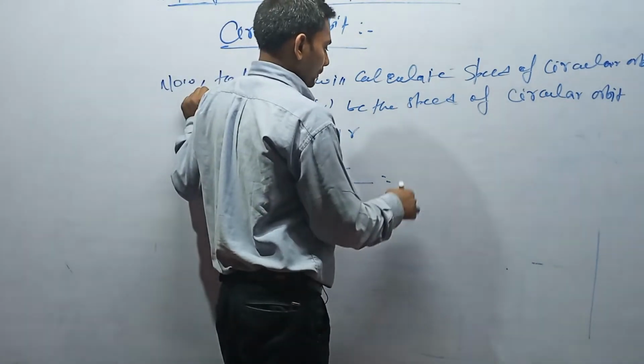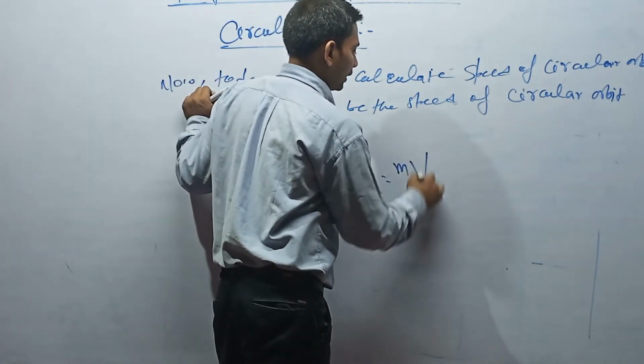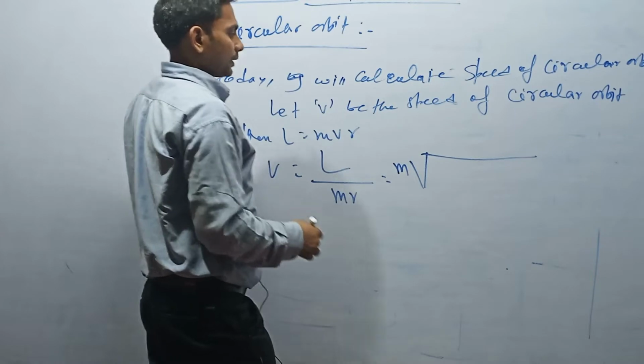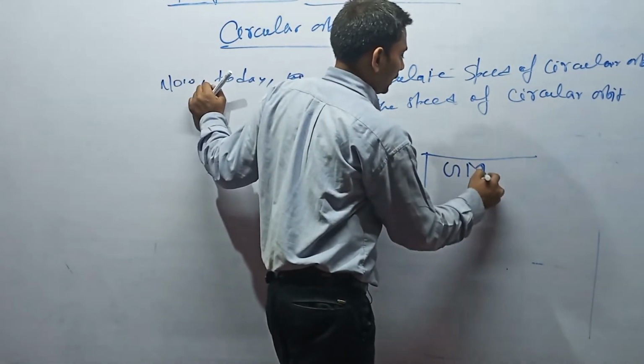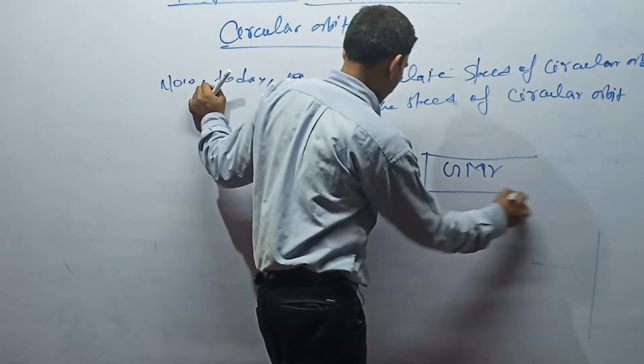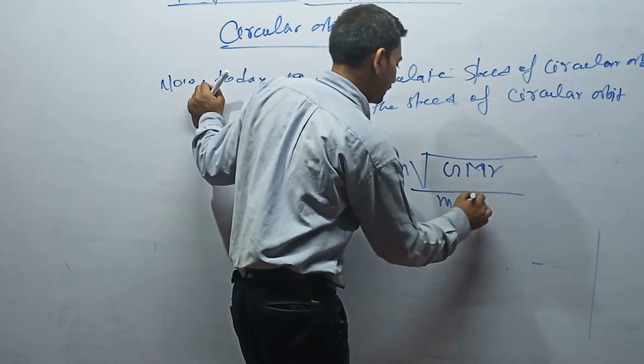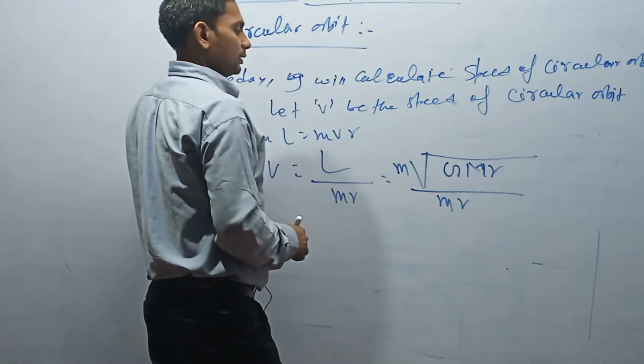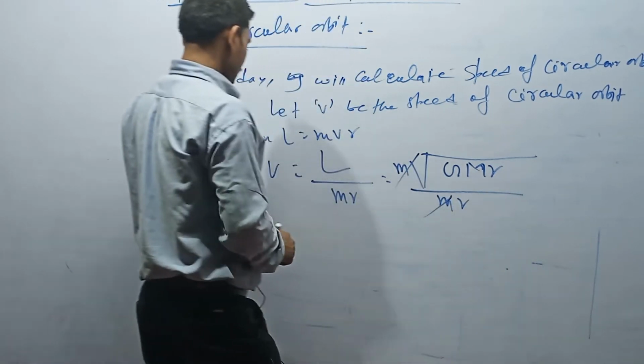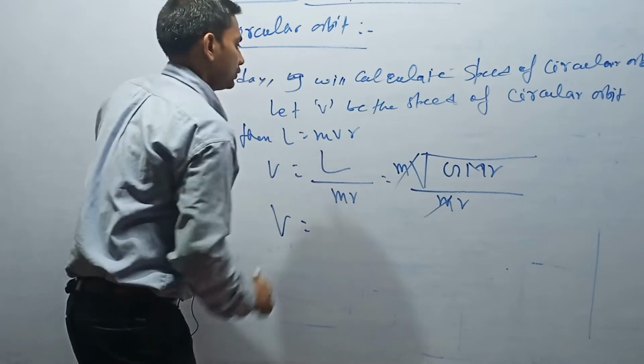That means m under root capital G m r upon mr. That means cancel out. v is equal to